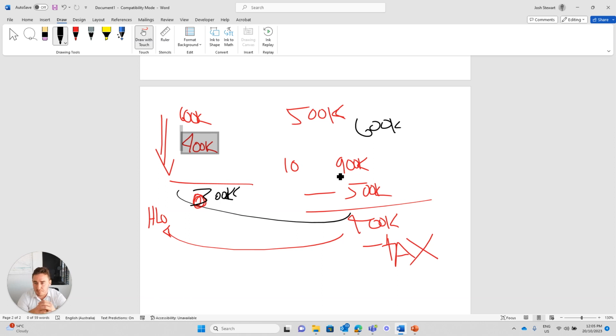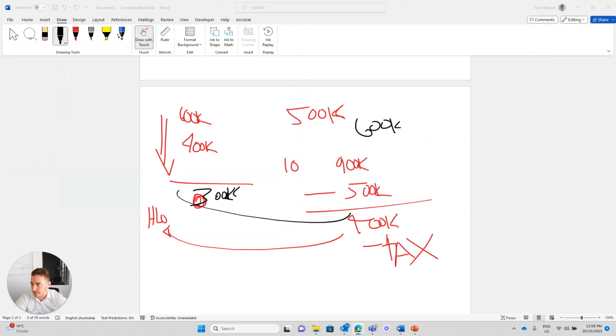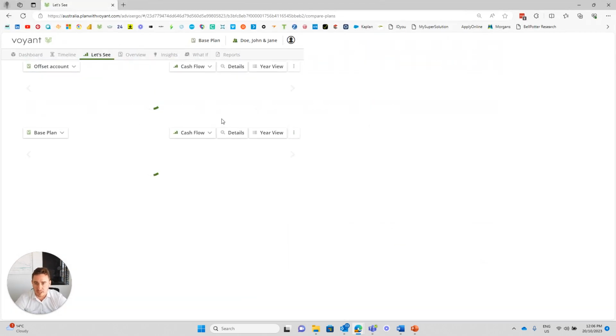So the best way to do this, obviously, is just to get advice. You would see a financial planner such as myself, where we would lay out all your modeling, all your projections, and we can't give you advice around the actual property that you're purchasing. That would be a real estate agent or a buyer's agent, and you would definitely be encouraged to do your own research there as well, to make sure what you're buying is sound and that it is going to work for you and is going to get you some growth.